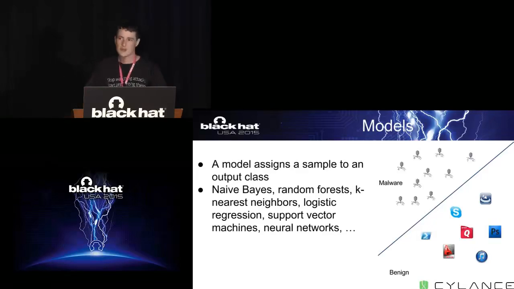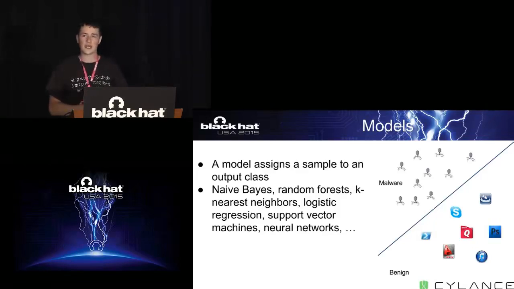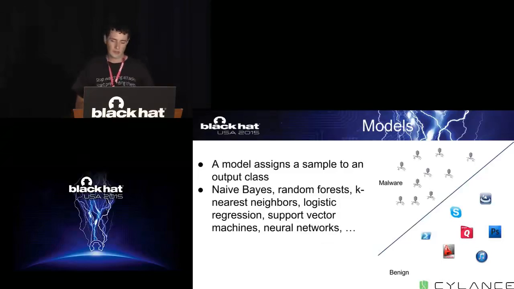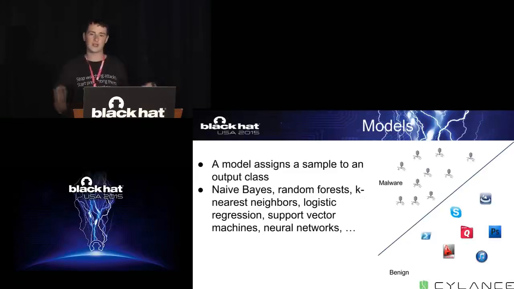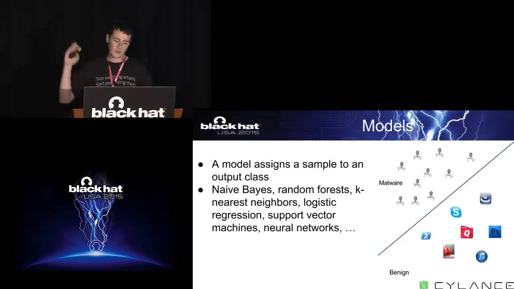There are a lot of models out there. The most simple one I can think of is naive Bayes. You may have seen naive Bayes in application to email spam detection. What naive Bayes does is it assumes that every single one of your features is completely independent, and it's a very small, easy to train model. You could maybe put a naive Bayes classifier on a really low-powered network switch to filter out spam emails, stuff like that. Then you have models that get more complex, right?